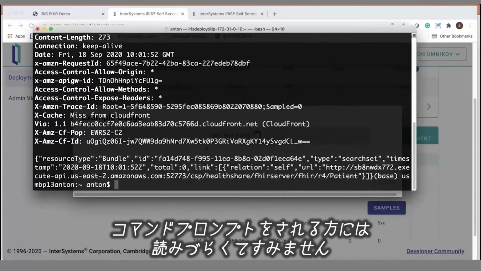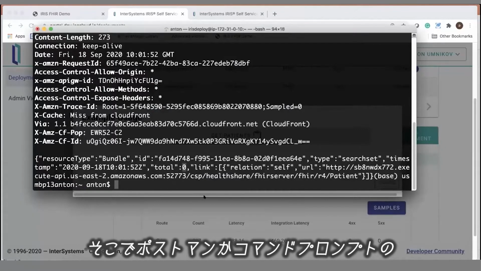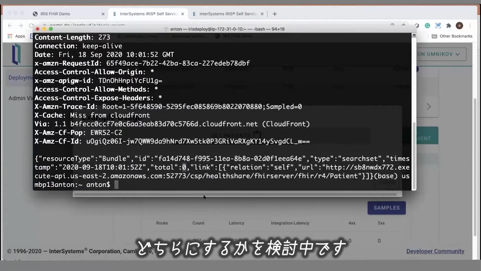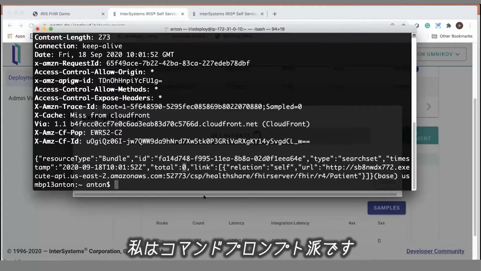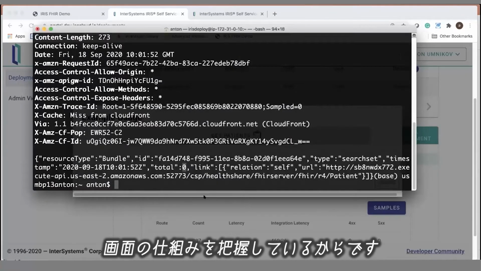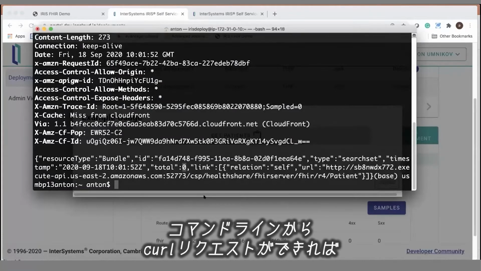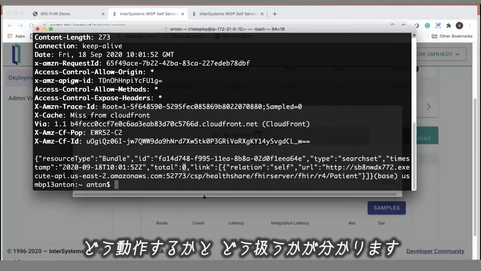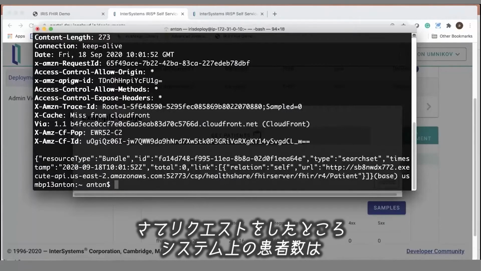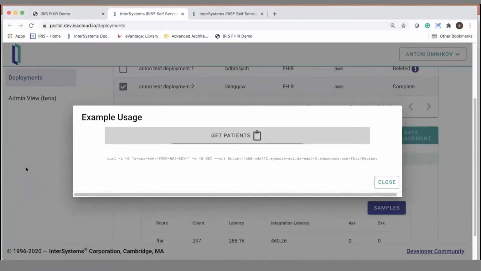And I apologize, it's not that readable in the command prompt. We were discussing whether we should do that in a tool like Postman or in the command prompt. My idea is that you should do that in the command prompt, because if you are a hardcore developer, you know exactly what's going on on the screen. If you can do the curl request from the command line, you know how things work and how you can deal with them. And right now, we did the request. We see that there are 0 patients in the system,